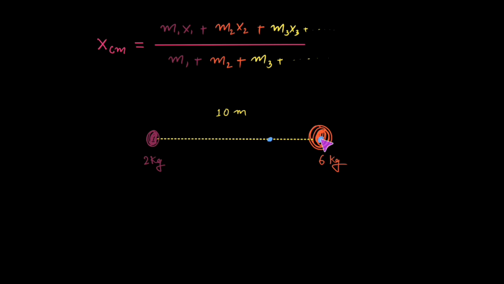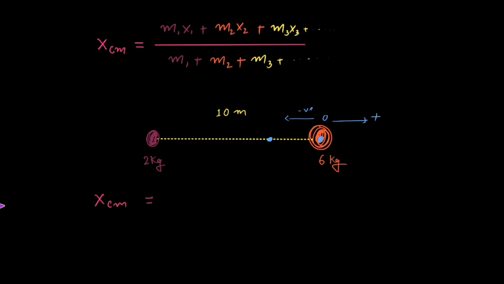When I assume this 6 kg mass as the reference point, so right of this is positive and the left side is negative. Because we are assuming this to be the center point or 0, this side would be positive, this side would be negative. So the center of mass which we want to calculate from this